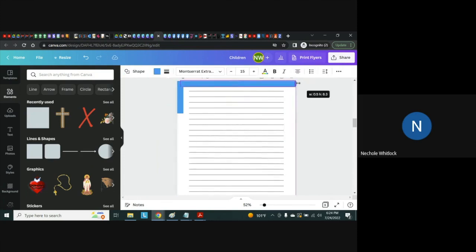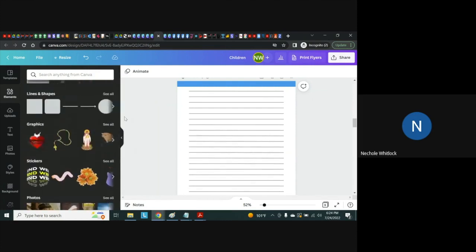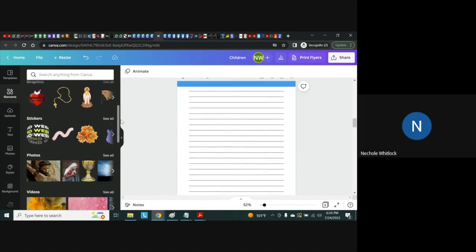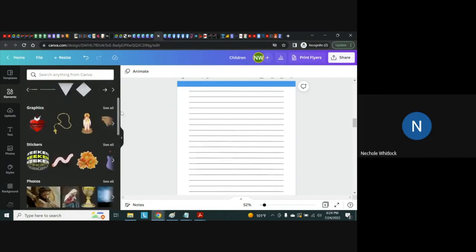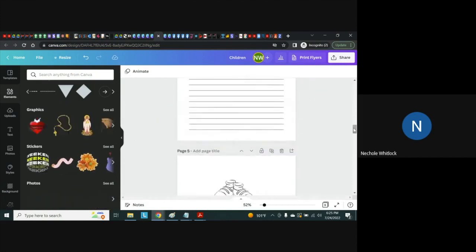We take this all the way to the top and to the edges. Get rid of that, and you have some blue trim at the top or the bottom. So you can do different things with the elements to try and get some effects on there, or to make it a little more interesting. And again, if you have a specific thing that is pertaining to whatever your topic is. So if you're doing smoothies, you can put little cups of smoothies at the bottom of each journal page if somebody is journaling that. If you're doing